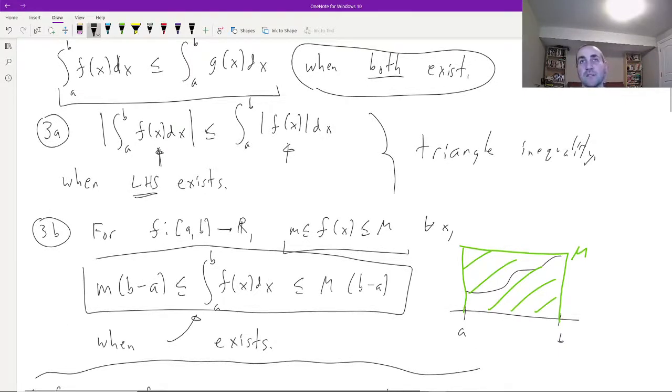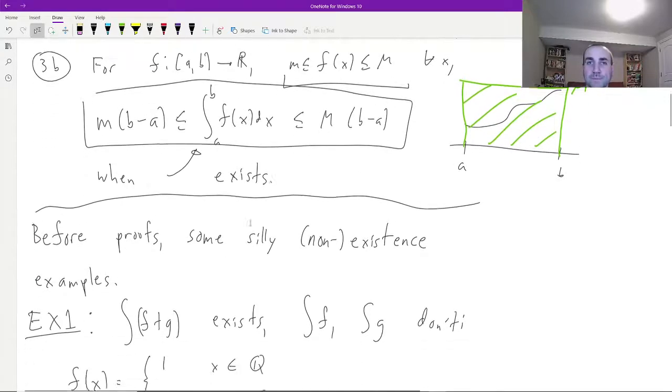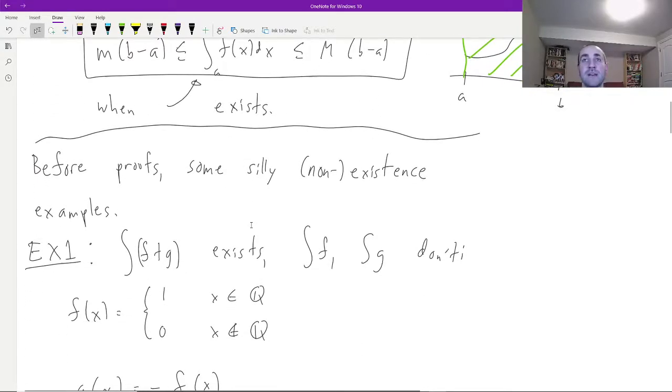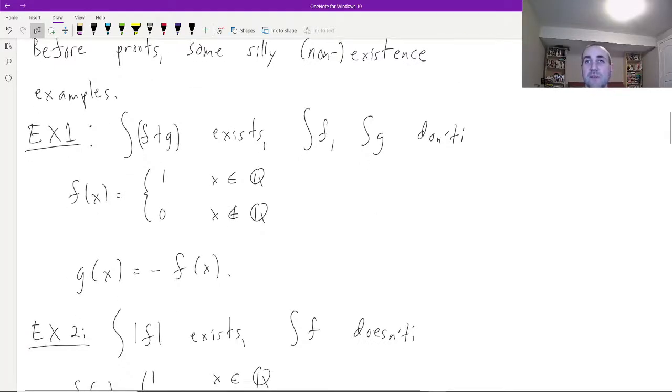And then we have these two essentially immediate corollaries of this last fact. Okay. Before I get to the proofs, I want to say a little bit about why we need some discussion about when integrals exist for these theorems to be true. So I'm just going to give two examples, and these are really sort of the main counterexamples to the theorems